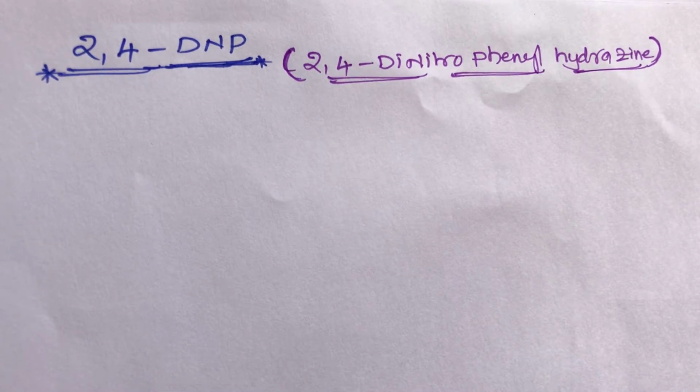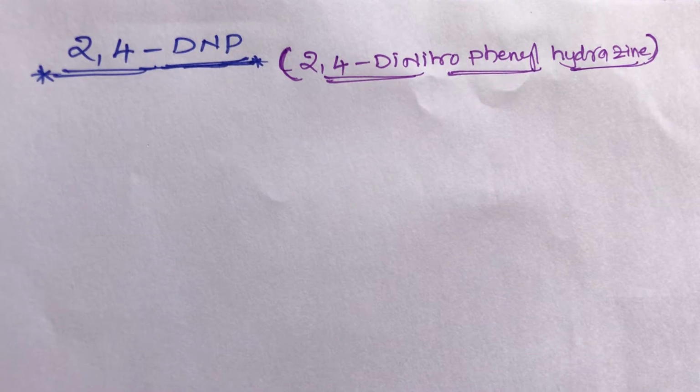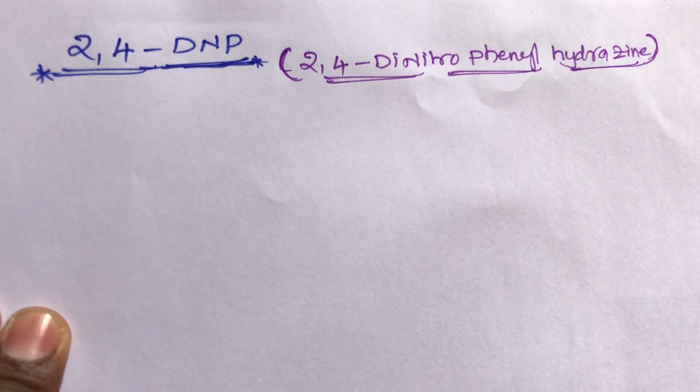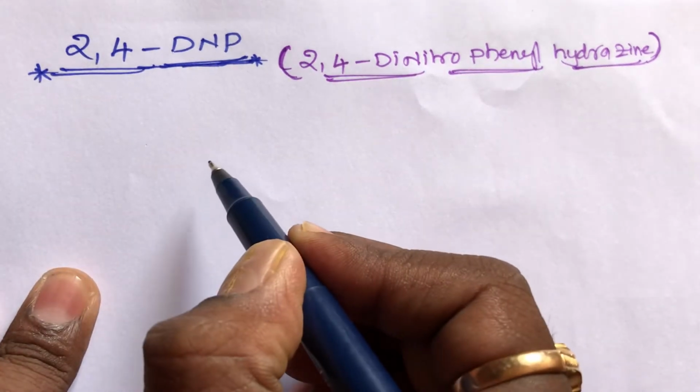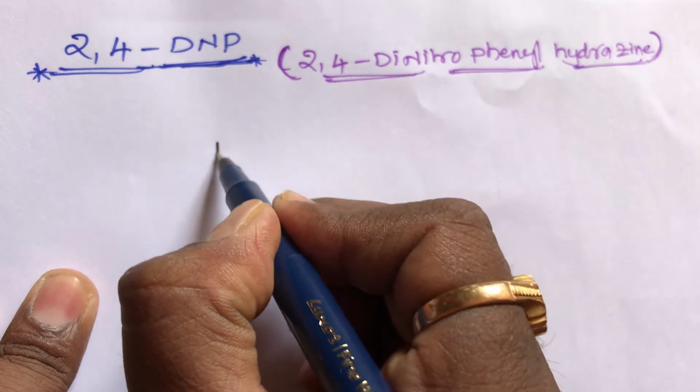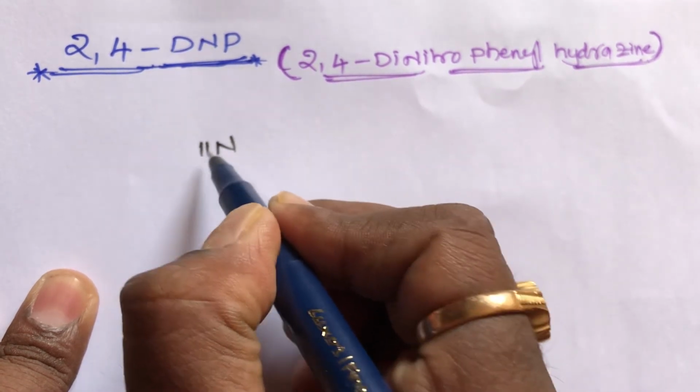It is the test for carbonyl compounds. Test for carbonyl compounds, students. First one, now what is the structure of 2,4-DNP, students? I am writing the structure: NH2